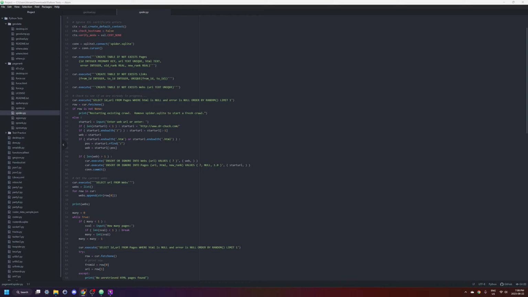And I pull in all the data, and I read this in, and I just make myself a list of the URL, the legit URLs, and you'll see how we use that. And the webs is what are the legit places we're going to go? Because we're going to go through a loop, ask for how many pages, and we're going to look for a null page. Again, we're using that order by random, limit 1, and then